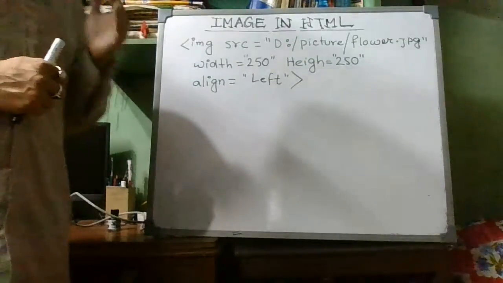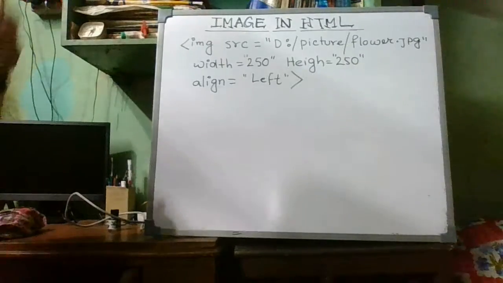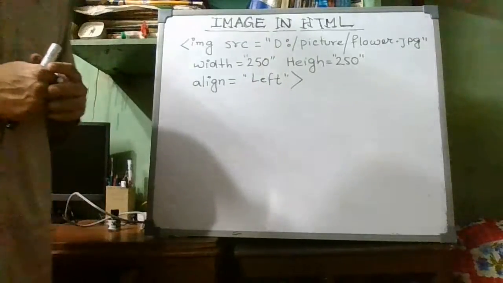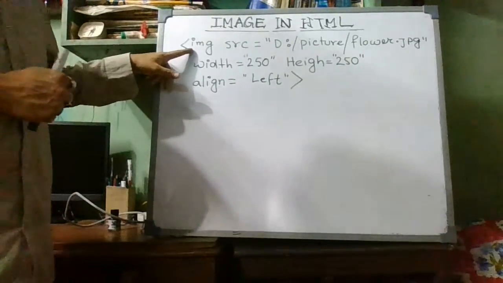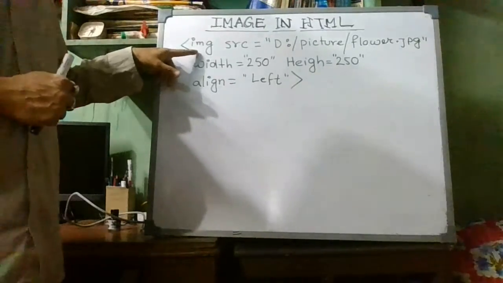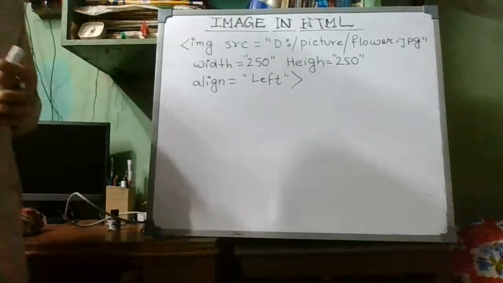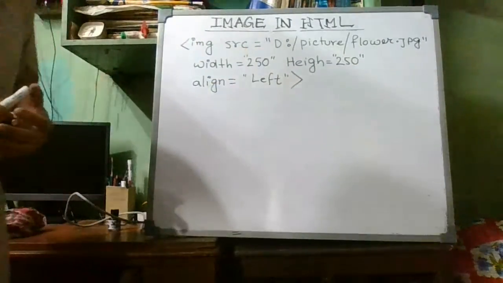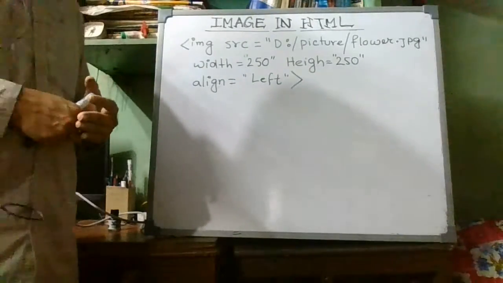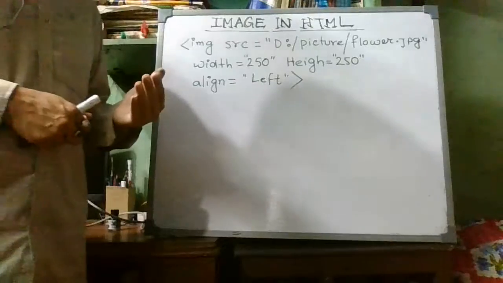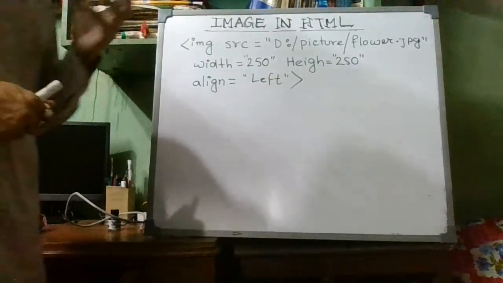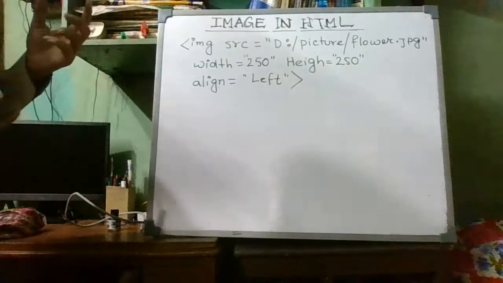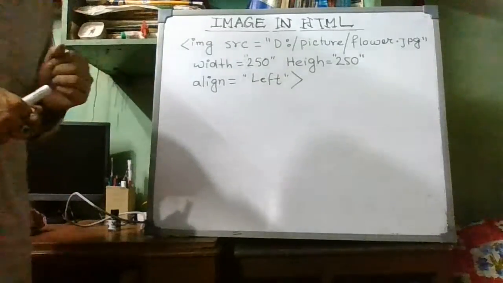The img tag is an empty tag or empty element. The img tag has a starting tag, but it does not have any ending tag. As you can see here, I have written the img tag starting with the img keyword. After that, I'm using src. src is the first attribute of the img tag. src tells what the path or the root of the image file or the picture file will be.